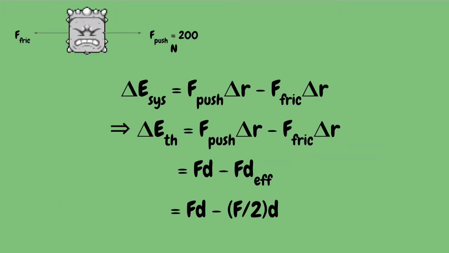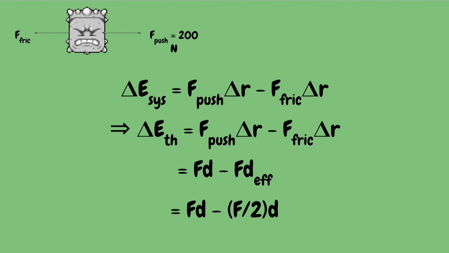But first, let's establish that since we're interested in the energy of our system, specifically thermal, because the velocity of the center of mass does not change throughout this entire scenario, delta K trans equals 0 here, and our energy equation is simplified to delta E thermal equals the work done by Mario's push and the work of friction. We can simplify our equation by saying that the change in thermal energy is equal to force times distance,